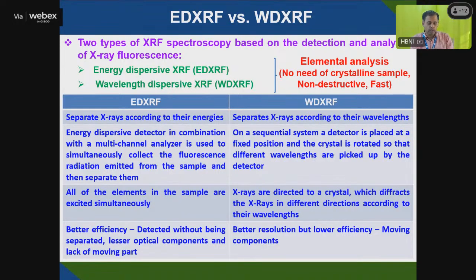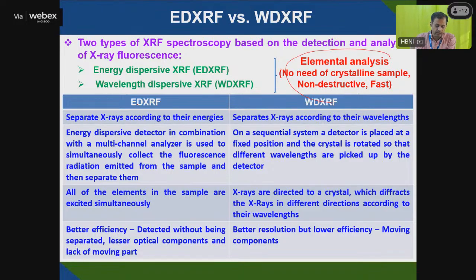As I told, two types of X-ray spectroscopy are available. One is energy dispersive XRF, another is wavelength dispersive XRF. So the important thing is, for elemental analysis there is no need for a crystalline sample, and it is a non-destructive and very fast process. Elemental analysis is possible whether it is a crystalline or amorphous sample. The analyzing crystal can differentiate all those energy levels,